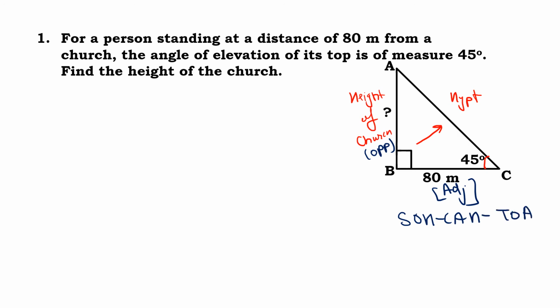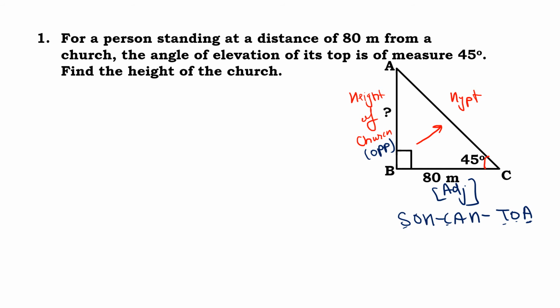So which of the ratios will you use, sin theta, cos theta, or tan theta? See, if you use tan theta, we get opposite upon adjacent. Out of these, at least one value should be given. So we have the adjacent value given over here. You know, BC is adjacent, so we have 80 meters over here. So it is most likely that we should use tan theta.